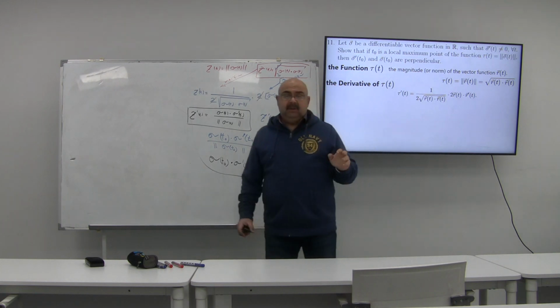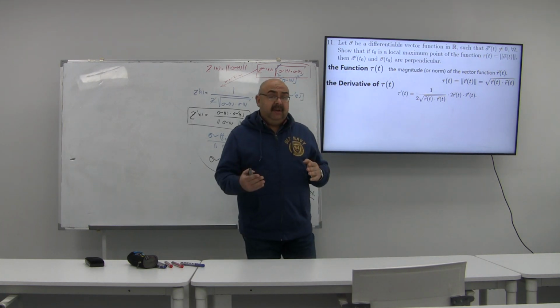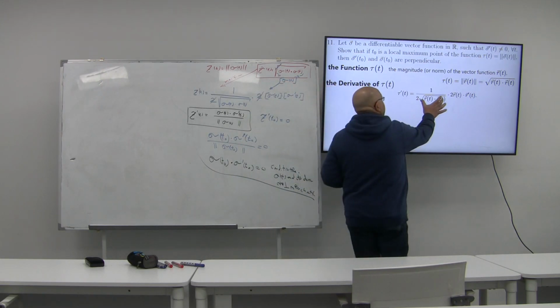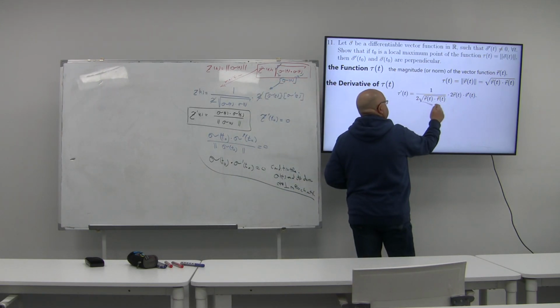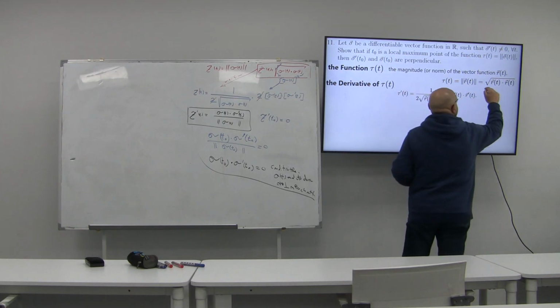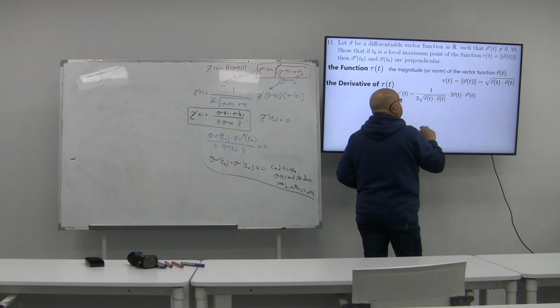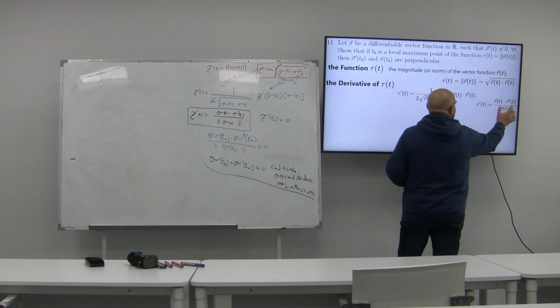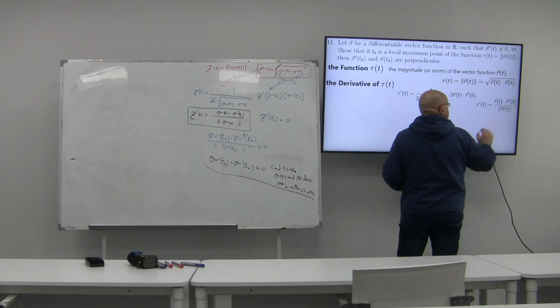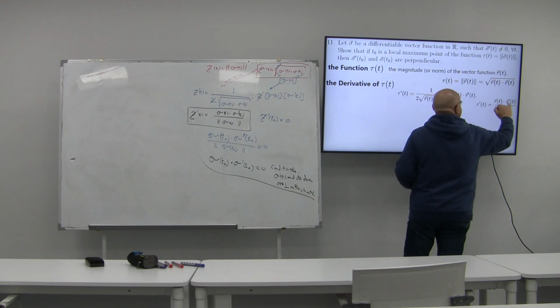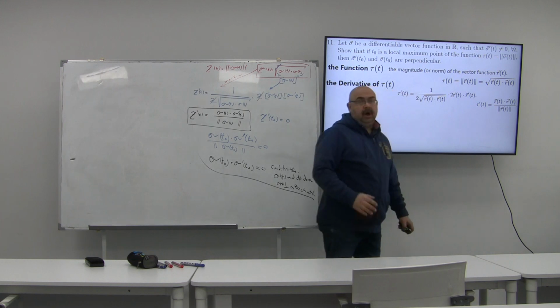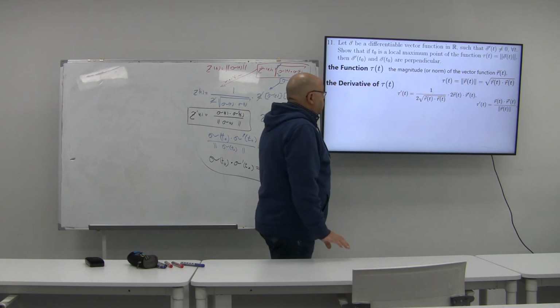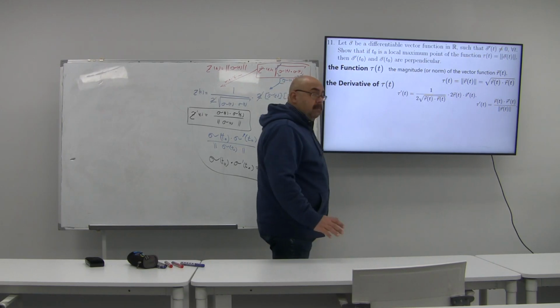Now we came to the point where I have the first derivative. Try to simplify it a little bit. You will remark that the value on the denominator is exactly the magnitude of this function. So I will eliminate 2 with 2, and as I told you, the denominator is going to be the magnitude of r of t, and then I will have the numerator rho times rho dash, or r times r dash again. These two components for the numerator,